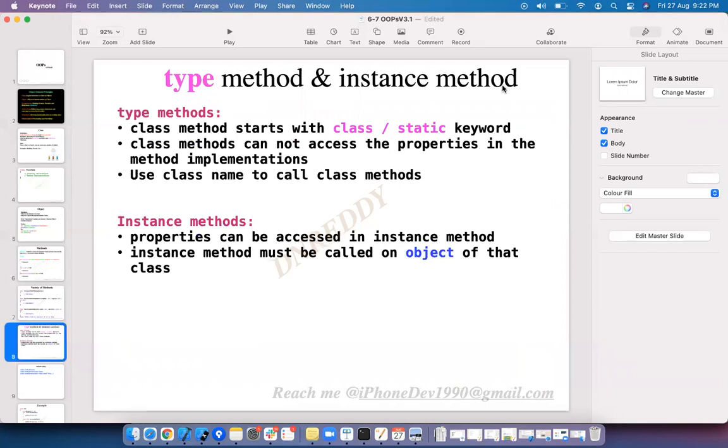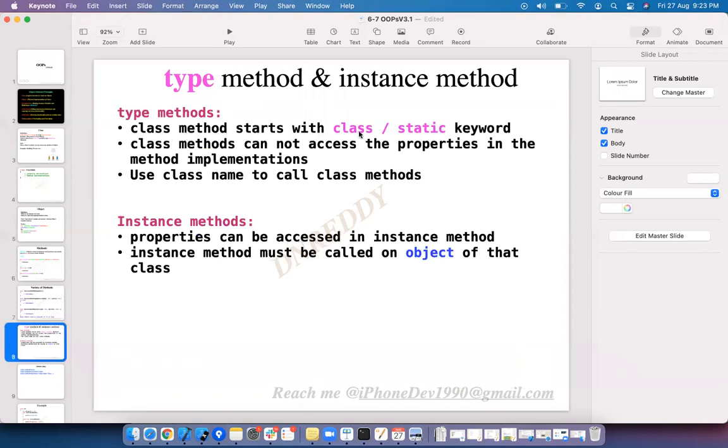Type method and instance method. In Objective-C, we have class methods and instance methods. Here, concept is same. Type method means data type. On top of data type, if you call any method, that is called type method. To call that, we need some keywords, class or static. See, type methods.